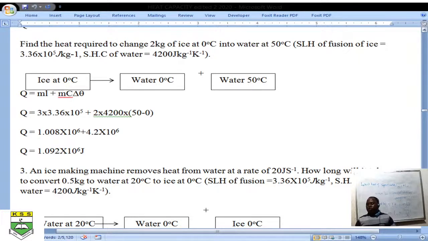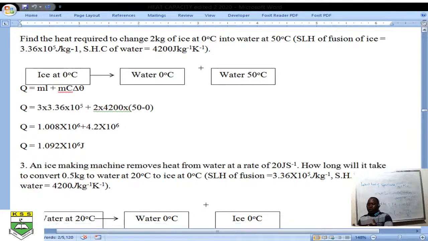Now for you to be able to heat ice which is at 0 degrees Celsius, to take it to water at 50 degrees Celsius, there are some stages that do take place. Number one, ice has to first change from ice to water. And the heat required to change ice from ice to water, that is what we call the latent heat of fusion, and that is what we call mL_F. Now, after you've heated this ice and it has become water, that thing was well elaborated for you there on the diagram. Ice at 0, we shall supply heat which is